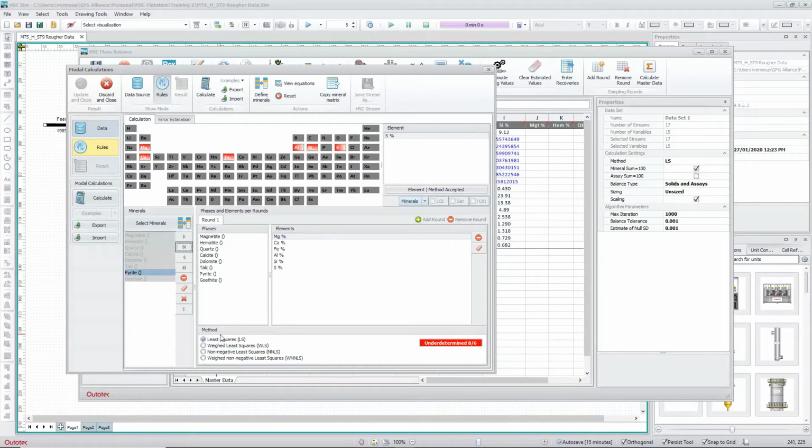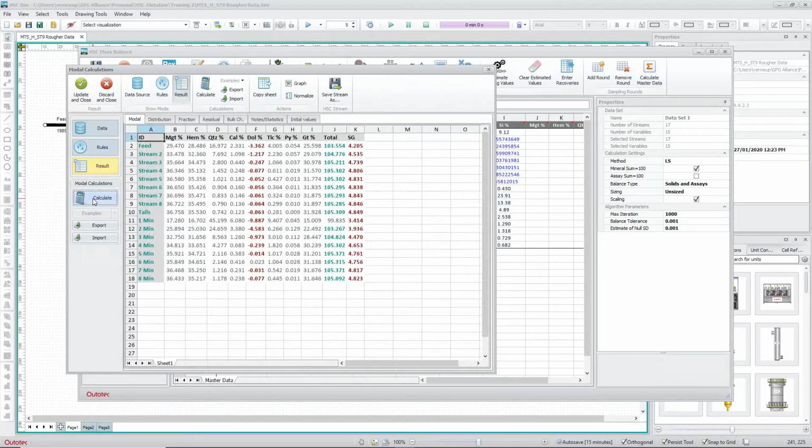And we can choose what method we use. We can have least squares, non-negative least squares, or we can give weighting and give more weighting to certain chemical elements than others, or certain minerals than others. For now, let's use the default and press the calculate button. There we go. We have here that all our chemical totals are basically 105%, except one, which is 100%, but